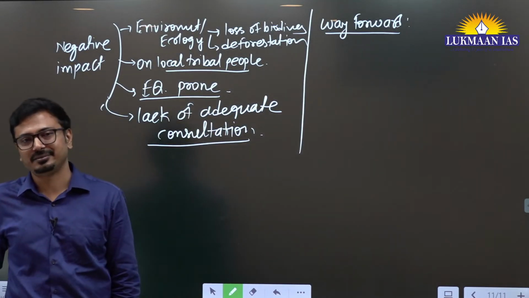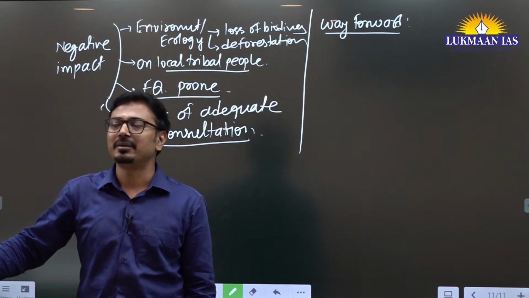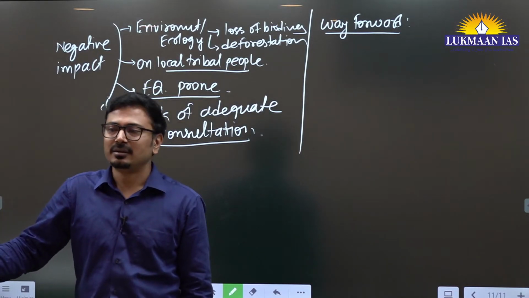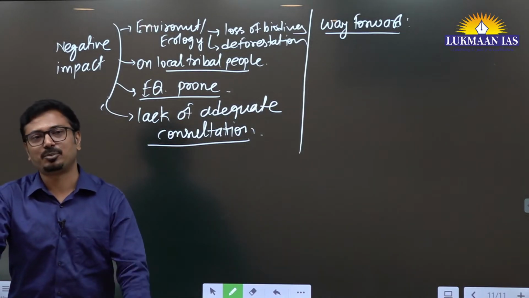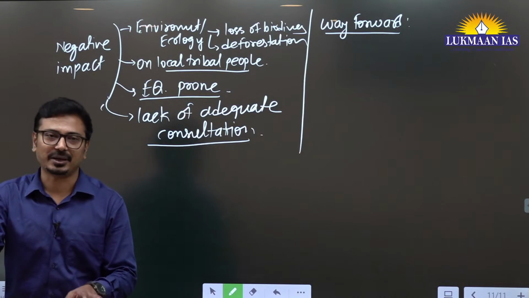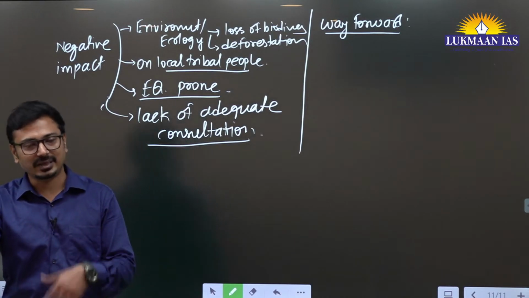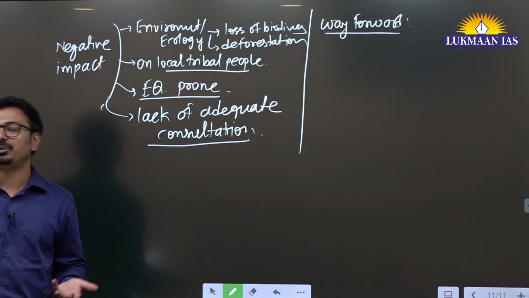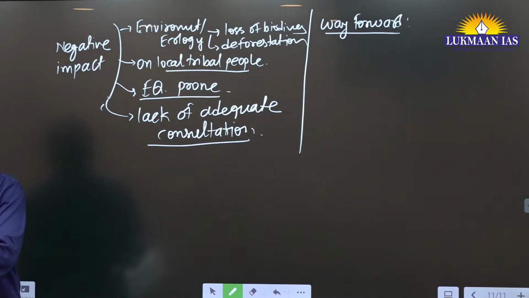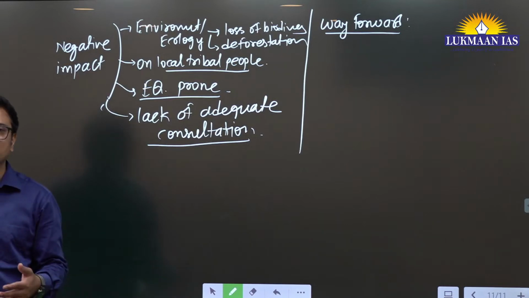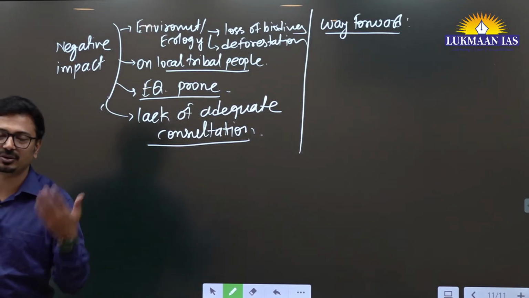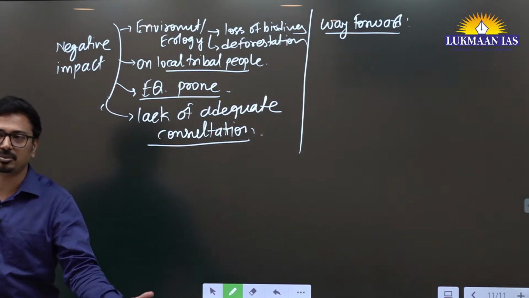Stringent EIA, ठीक है, environment impact assessment. So as the government is basically bypassing that process, that should not happen actually. ठीक है, EIA process should be there, facts should be in front of people, and then a decision should be taken. तो इसमें transparency होता है, and on the basis of those facts, government can be held accountable. If there is severe loss, let's say to the species, the environment, and to the local tribal people,